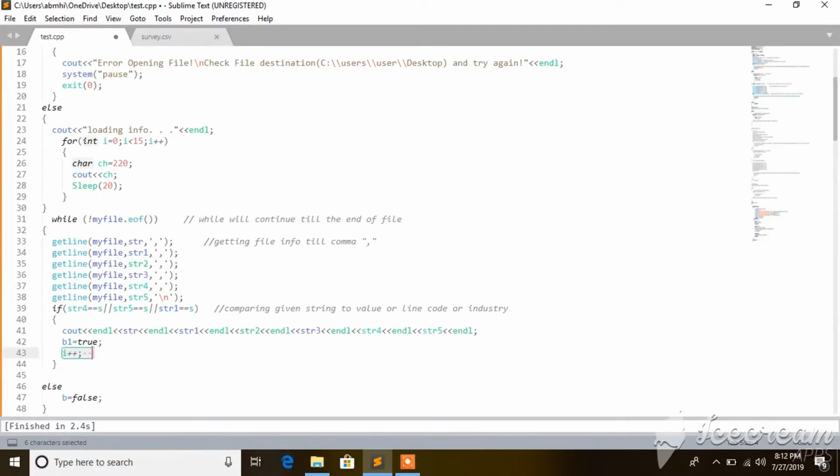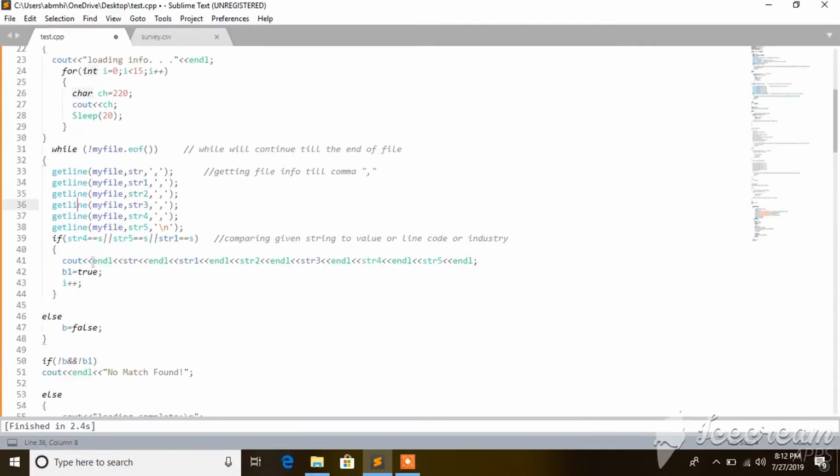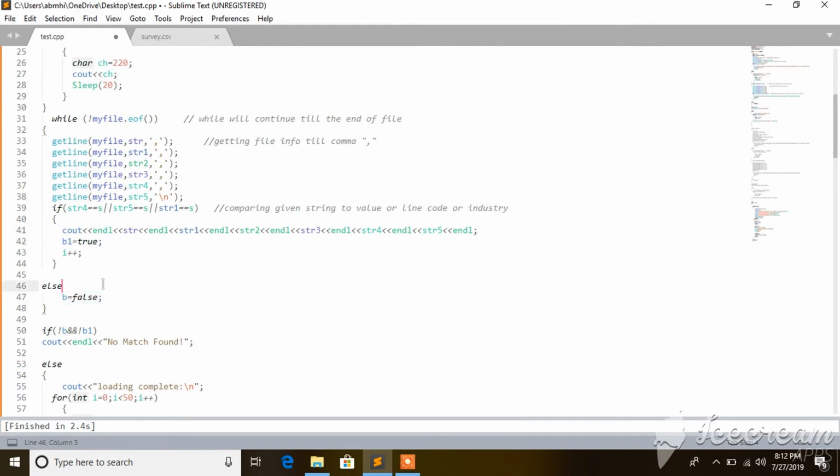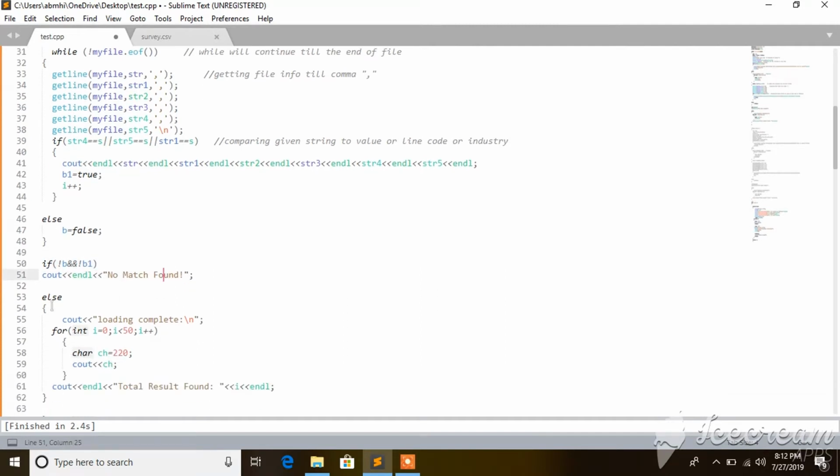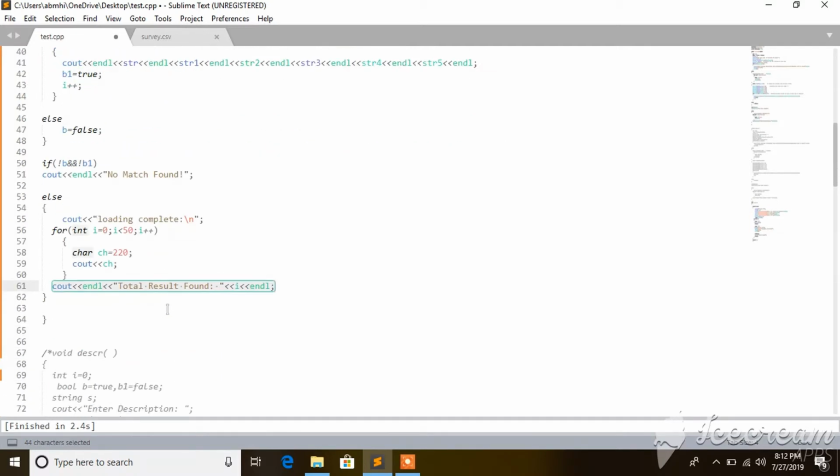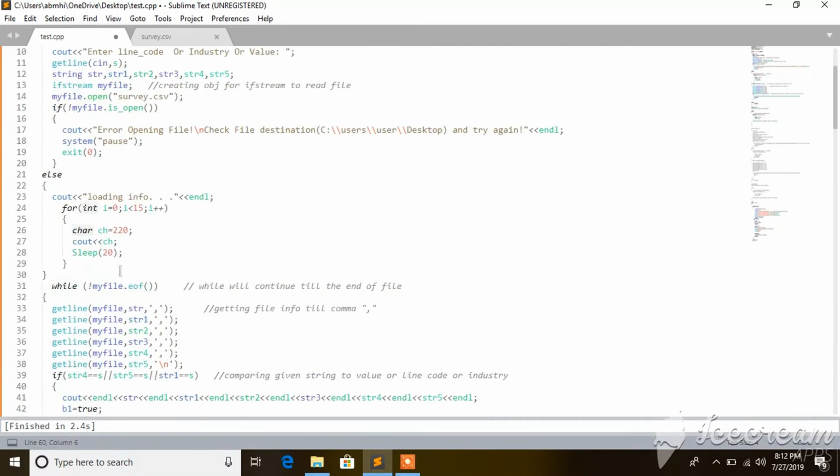এরপর আমরা i++ নিছি কাউন্ট করার জন্য কতগুলো রেজাল্ট আসলো, আর else b ফলস করে দিছি। এখন b1 and b2 and b3 যদি ফলস হয় তাহলে নো ম্যাচ ফাউন্ড করে দিচ্ছে। অথবা কমপ্লিট লোডিং কমপ্লিট একটা মেসেজ শো করছে, আর লাস্টে টোটাল রেজাল্ট আমরা দিয়ে দিছি। ব্যাস এইটুকু।